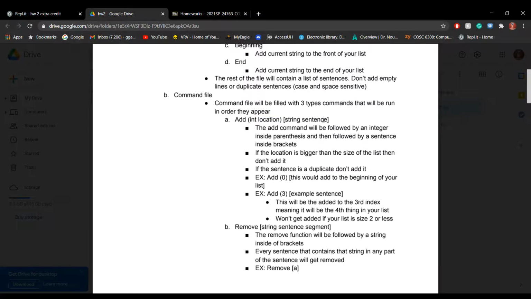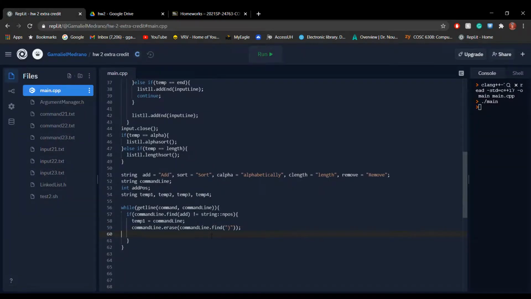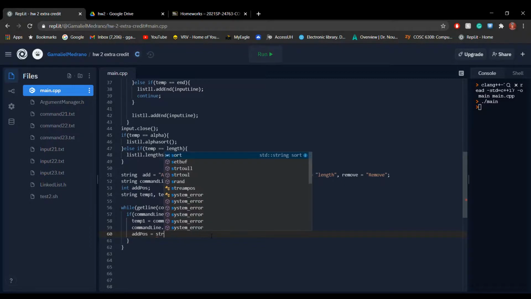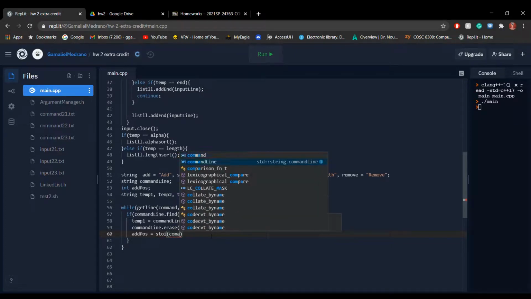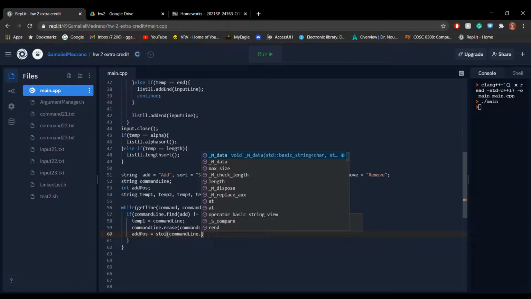We don't have this anymore because we want to store the position, the add position. We're going to use stoi because that converts a string to an integer. We're going to store command line dot substring,